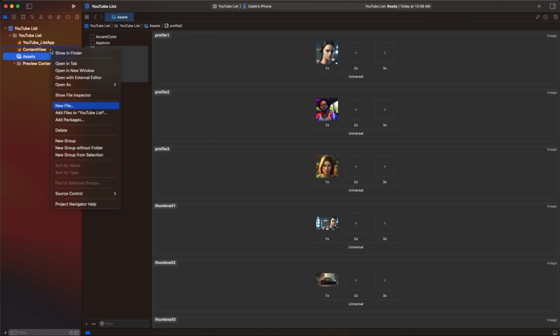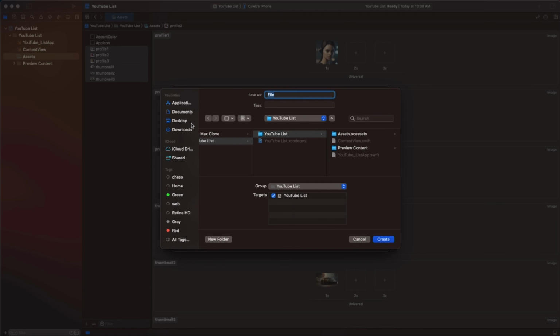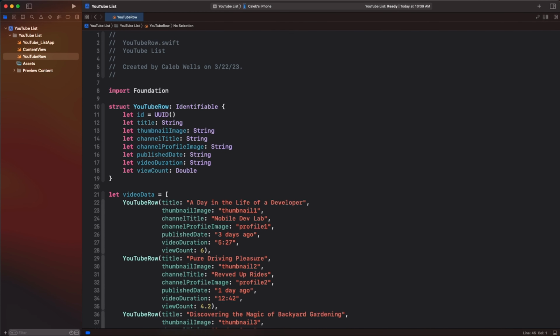We'll go ahead and create a new file, and this will be just a generic Swift file. So hit enter there. We'll call this one YouTube row like that and create. And inside this file, it's just going to be our row data. So we'll paste that in there, YouTube row. It has an ID, so we make it identifiable. It has a title, thumbnail, channel title, kind of all the things we might need for a row inside of